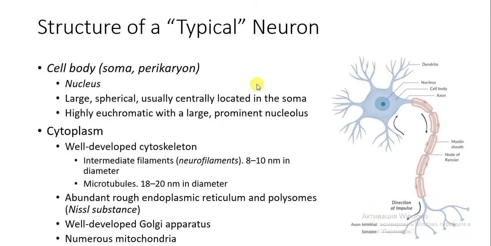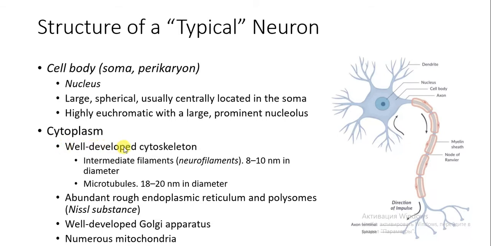Let's talk about typical neuron structure. You discussed it in biology, discussed in physiology, and here I must just remind you what is a typical neuron. Here you see the cell body. This is the cell body, which is composed of nucleus and cytoplasm. So this cytoplasm, and in cytoplasm you see